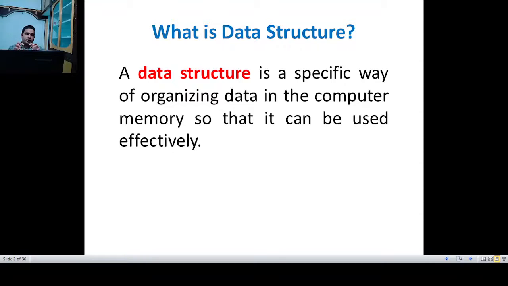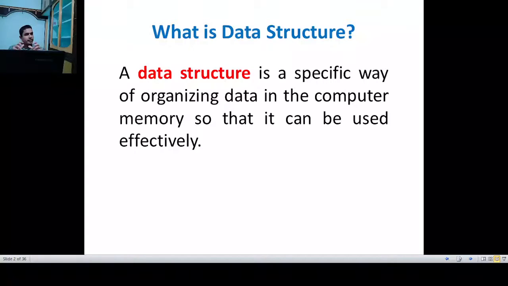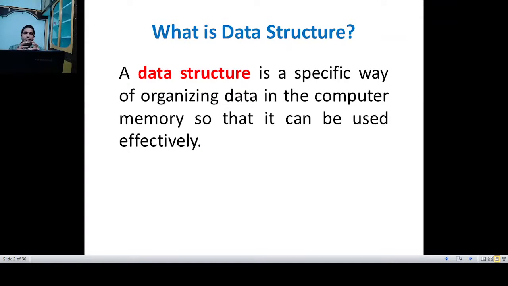That is, the input and output consist of some data, right? So you need to store the data in an effective way so that it will increase the efficiency of a program. To store the data in a particular or organized way, we need data structures.